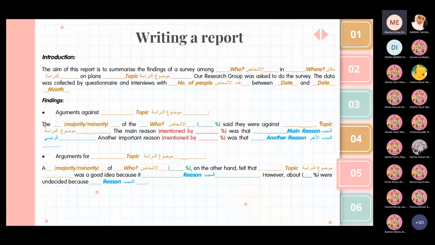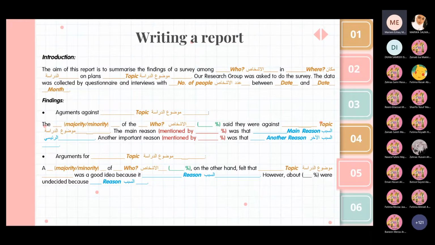So the majority of people, so majority is used when we're talking about most, and minority is used when we're talking about a minute number of people, like minority, small. So you can see from the study that we've shown earlier that the majority of people, are they against or are they for? Does anyone know? Raise your hands. Yes, that's right. So Ula and Batul wrote in the chat that most people are against.